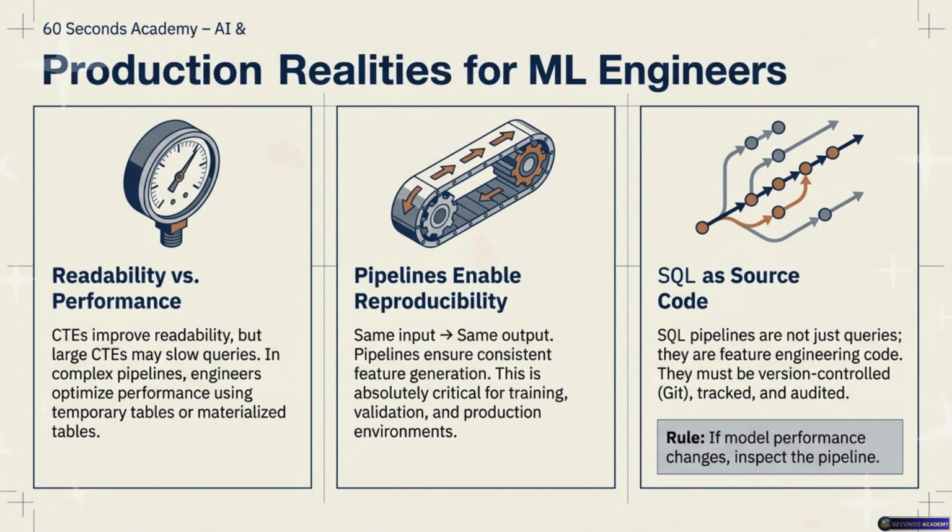That makes perfect sense. But there is another strict requirement when we talk about treating SQL like code, right? And that is reproducibility. If we connect this to the bigger picture, reproducibility is the absolute bedrock of trustworthy AI. In ML systems, there is a golden rule. The same input must yield the exact same output every single time. Why is that rule so rigid, though? Think about the life cycle of a model. An ML model is trained on historical data, right? Then it's validated on unseen past data, and then finally it's deployed to make predictions on live incoming production data.